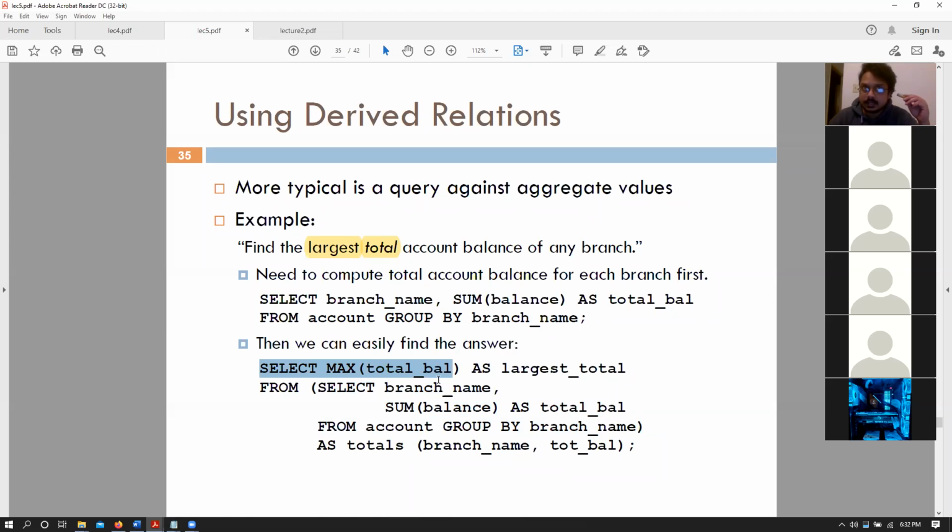Note that since these are sequential in order, we need to find the totals first and then the maximum. That is why these cannot be written in a single query. A single query will not do multiple aggregate operations. A single query will only do one pass of your aggregate operations, and that is why we need two select operations here.